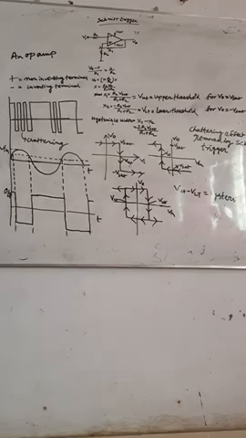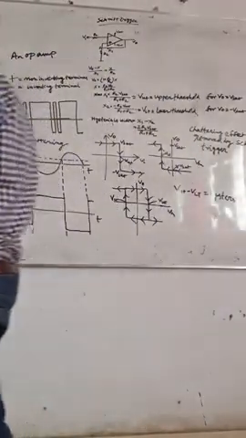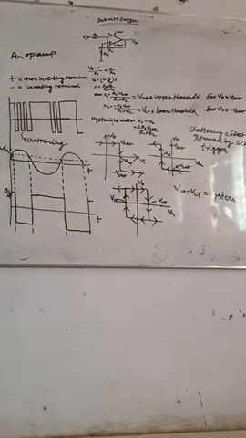Why? If you give a sine wave in a normal manner at the inverting terminal, the negative terminal, you will get the output in an inverted manner. So our Schmitt trigger has two terminals. One is positive, that is the non-inverting terminal. One is negative, that is the inverting terminal. So Schmitt trigger is an application of op-amp, which has non-inverting and inverting terminals.